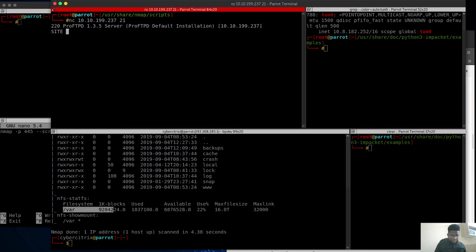SITE CPFR, then we're going to go to /home, then /kenobi, then .ssh. From what we saw, then id_rsa. Let's put an enter in there. Ready for destination name. So where we're going to send this to, let's say we send this to